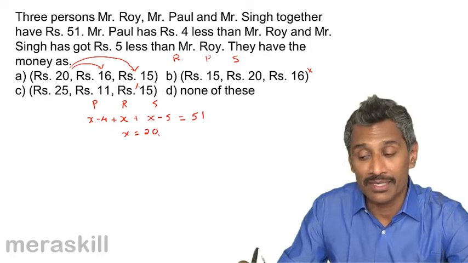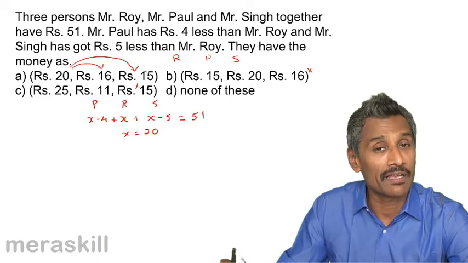So Roy's amount is 20, 20 minus 4, 16, 20 minus 5, 15, and hence we